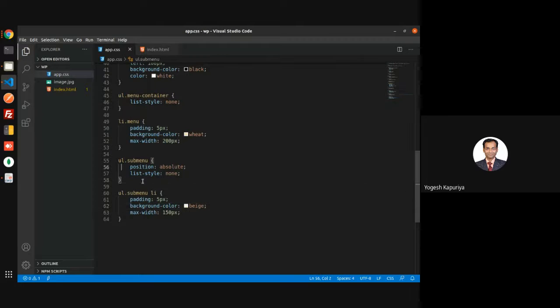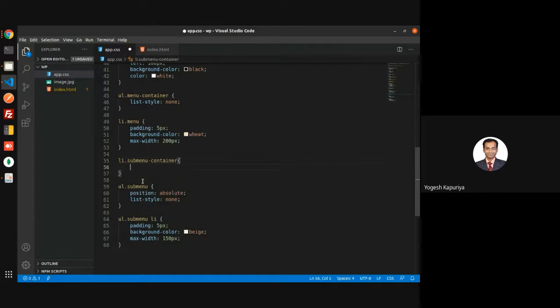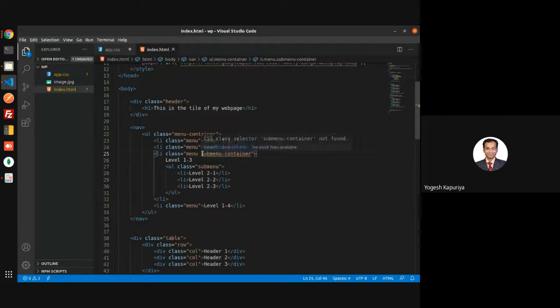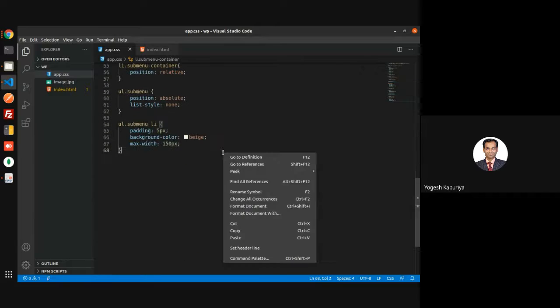So then you have li.submenu-container, and its positioning is relative.